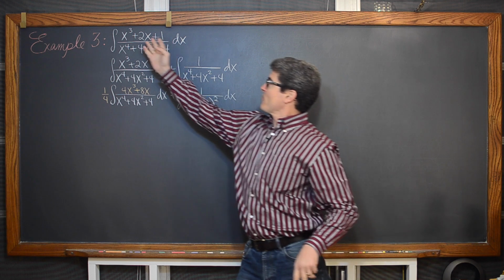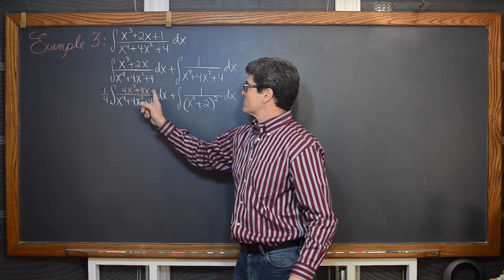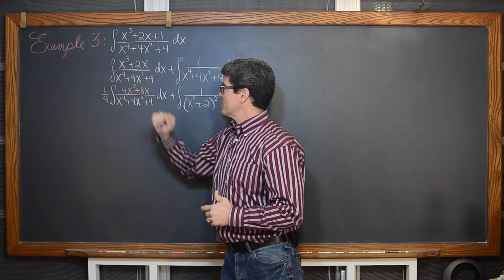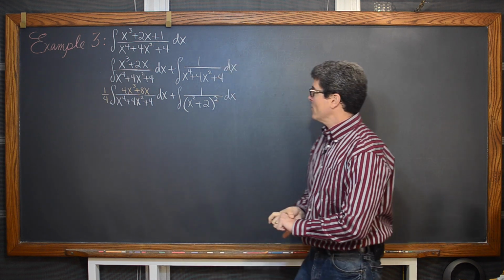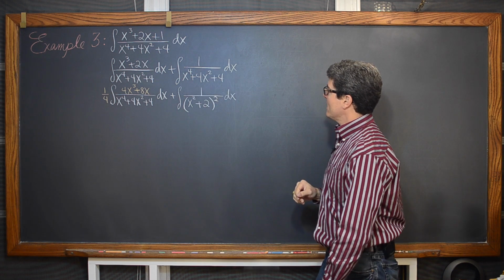So we have separated our numerator, like I said, into 2 separate fractions with our x cubed and 2x, just introducing a multiplication of 4 and balancing that with the division of 4 so that we have this u prime over u situation going on here. And then we have 1 over x to the 4th plus 4x squared plus 4.